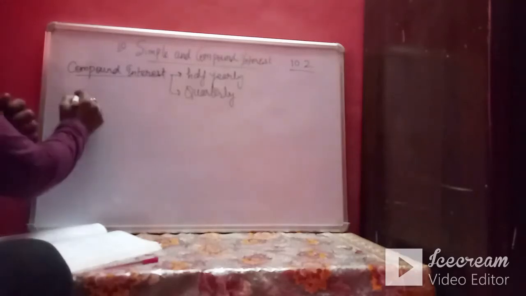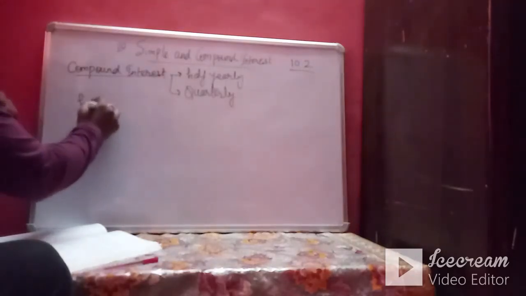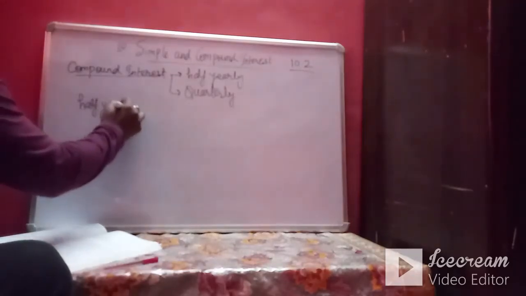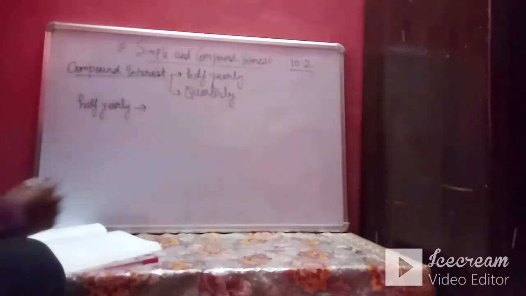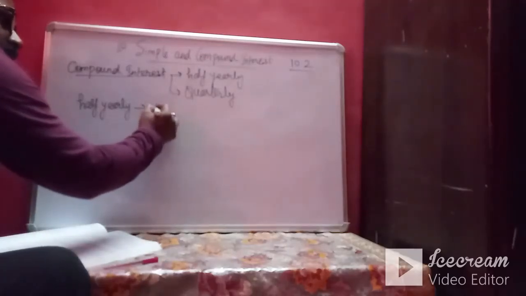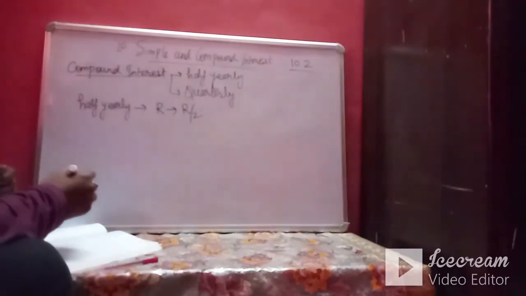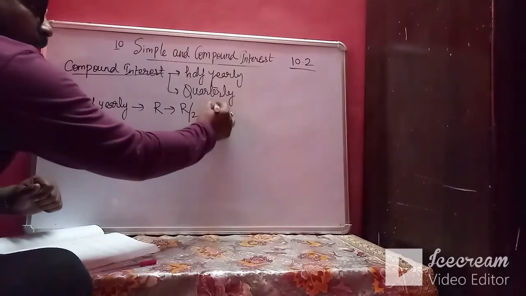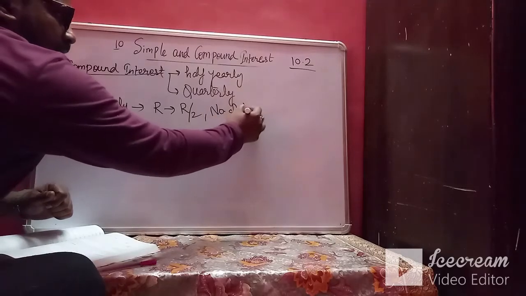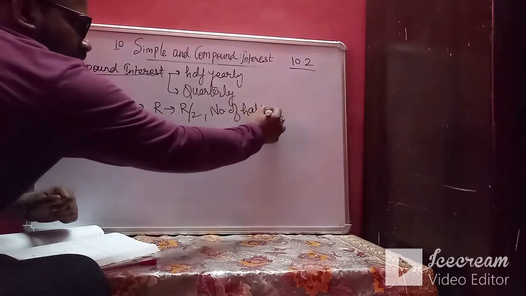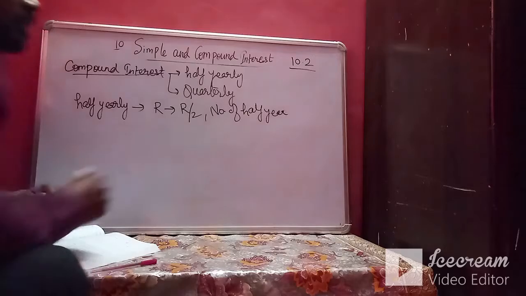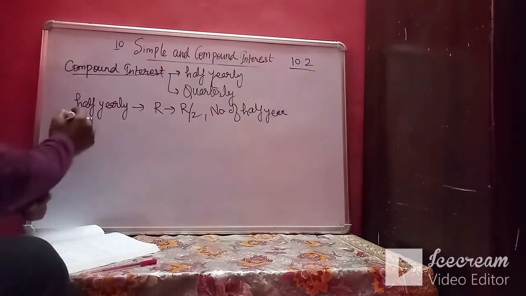So in case for half yearly, what we are going to do, we will divide rate by 2 and we will calculate number of half years. Okay. And in case of quarterly,